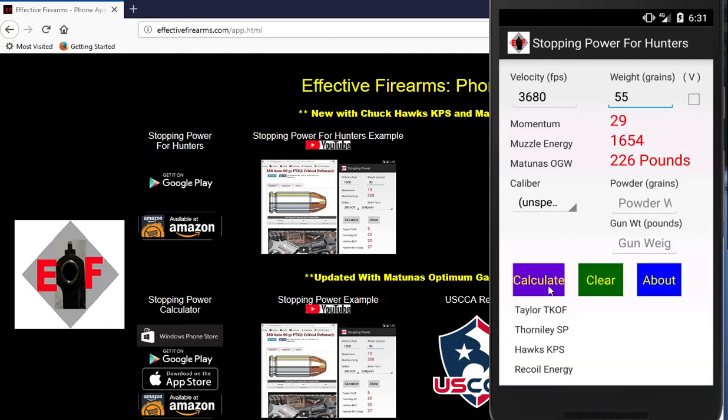Tapping calculate. This gives an optimum weight of 226 pounds. But this load is really for a frangible varmint bullet for smaller game. Because varmint bullets have lower penetration, Matunas used a different constant factor to calculate the optimum game weight. So if I check the V box here to indicate this is a varmint load, and that the alternate constant factor should be used,